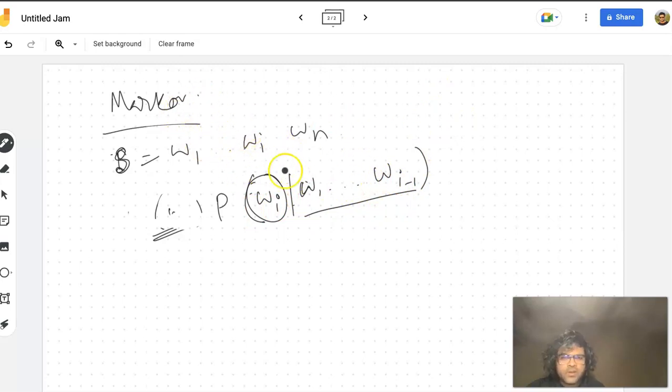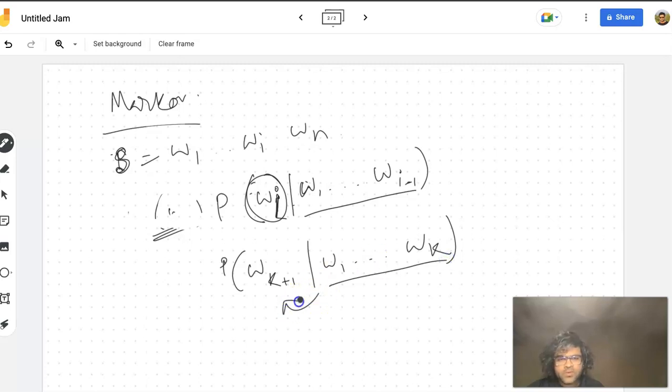Suppose this is k, and I write it this way, w k plus 1. So this is a kth order Markov model. Basically you are seeing the previous k characters to predict the k plus 1 character. So this is a kth order Markov model. But in case of the n-gram model, we predict